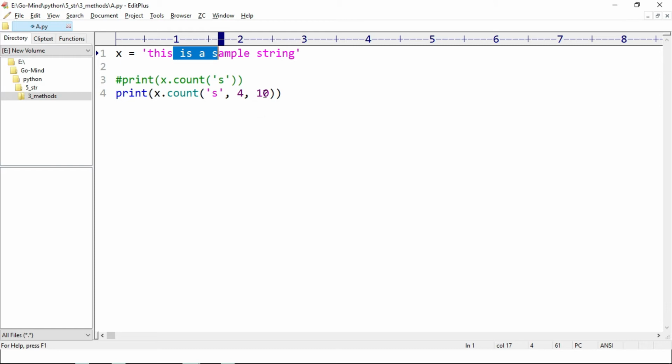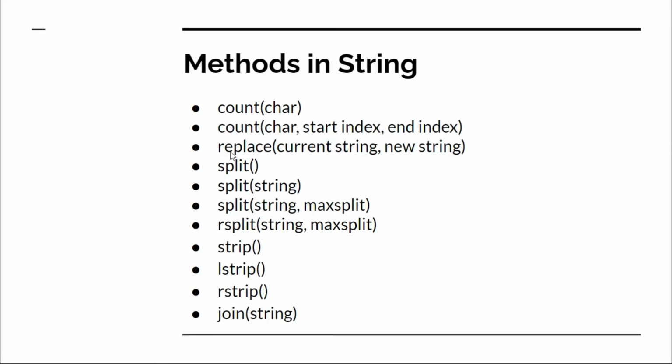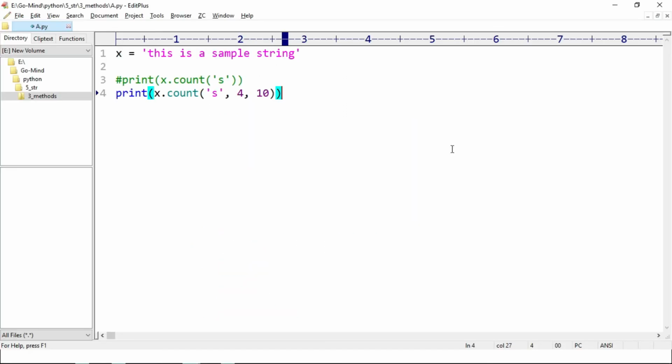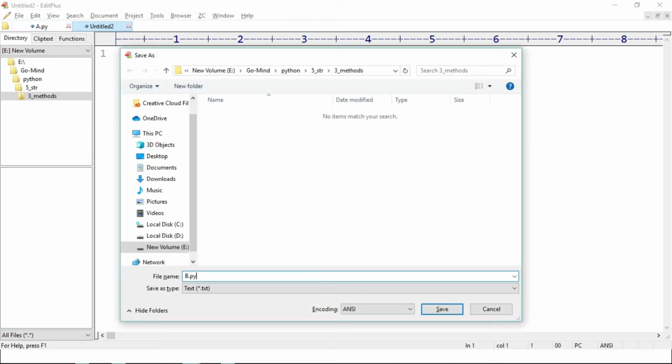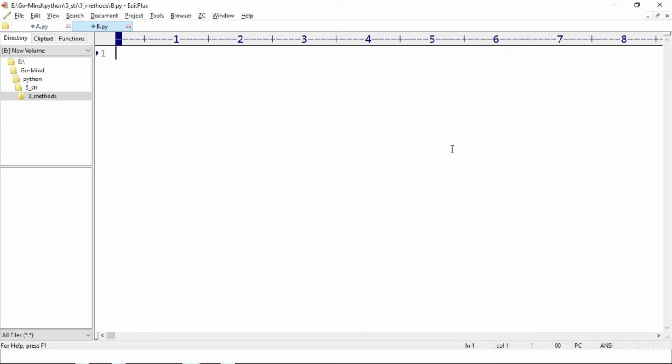Okay, so now our next method is replace. This method will replace the old string with the new string. This takes two arguments. The first argument is the old string and the second argument is the new string. So we'll make a new example, b.py. Let's say here our string is "he plays cricket". Now let's call the replace method,